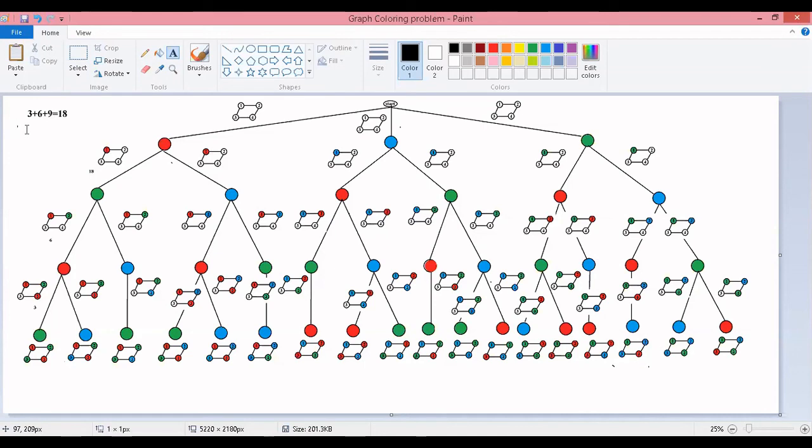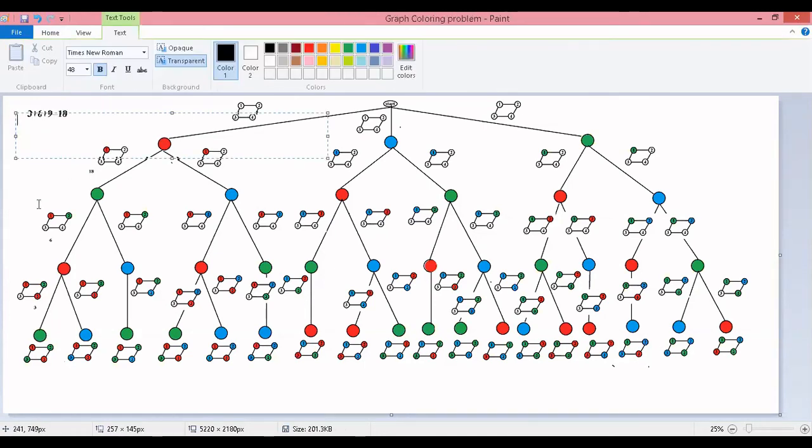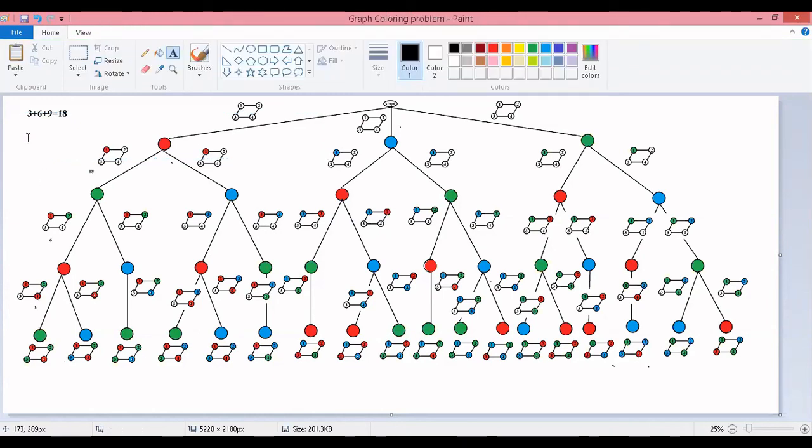But you will ask me, sir, you told the total comparison is 324, but you are saying now only 18. But we have traced only one path, that is this path, second, third, fourth. See, I'm placing the cursor here. First path, second path, third path, fourth path. So traversing these 4 edges only, how many comparisons have we done? 18.